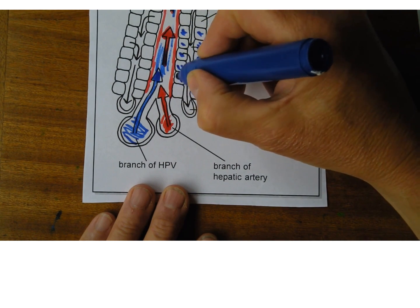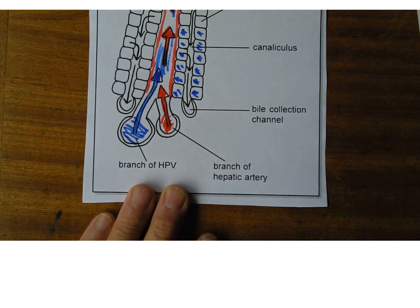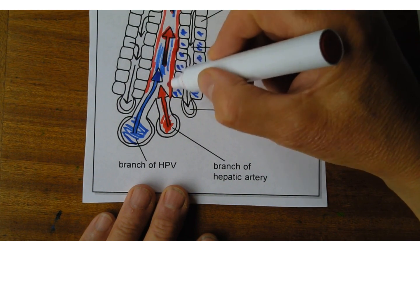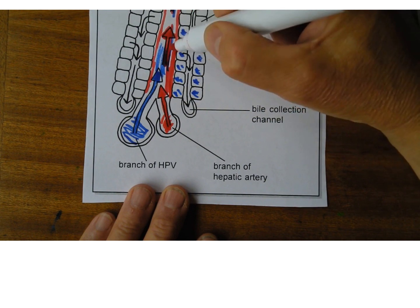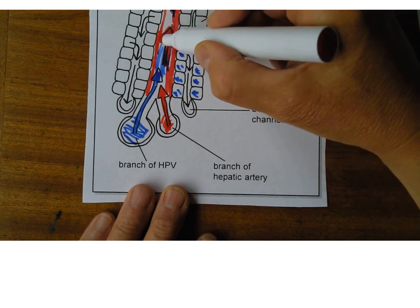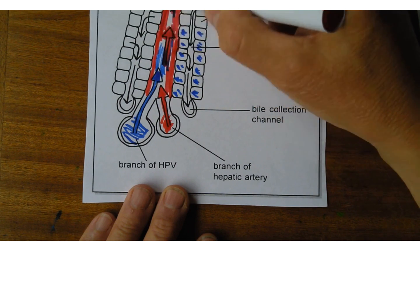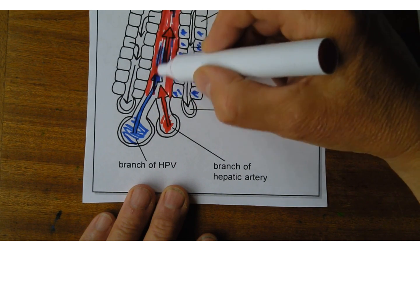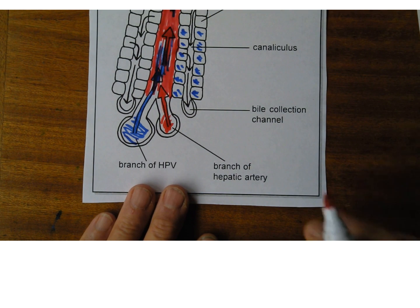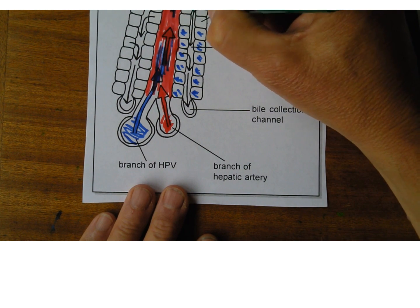In these plates that we talked about, the hepatic plates, we notice the hepatocytes have a blood-facing side just here, allowing material to go in and out from the blood. There we've coloured in the sinusoid, the liver capillary. And they have a bile-facing side on the other side. So the bile is going to come out here,